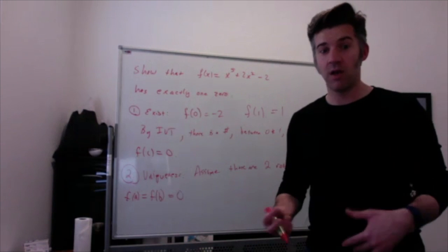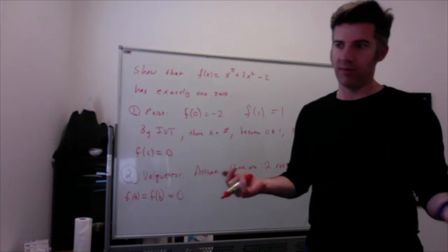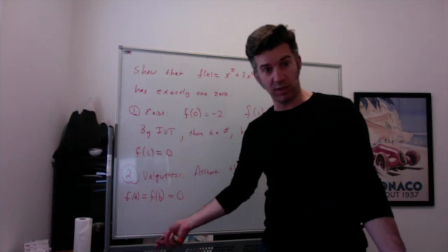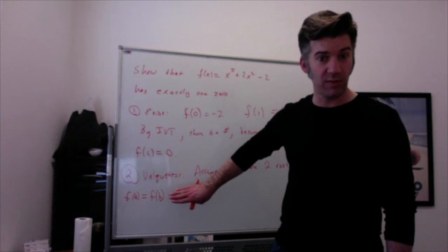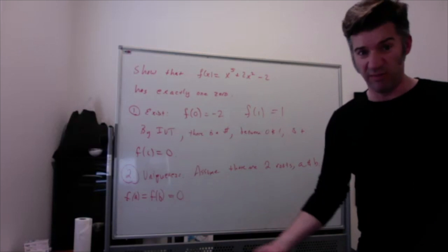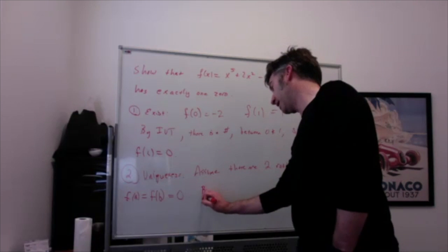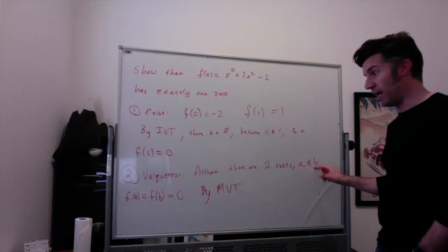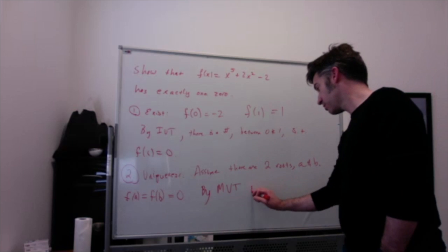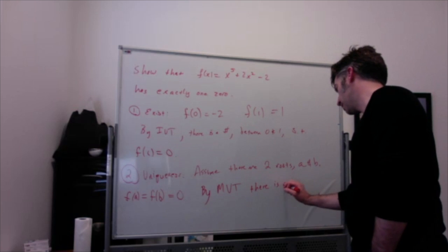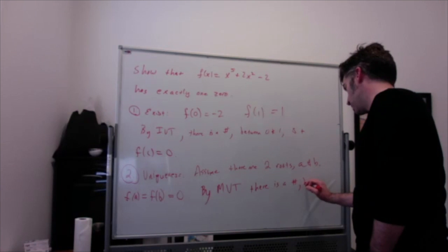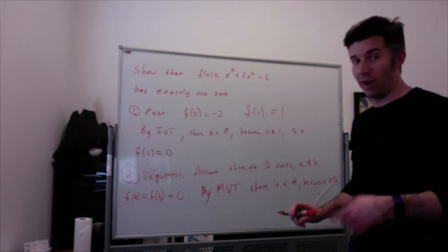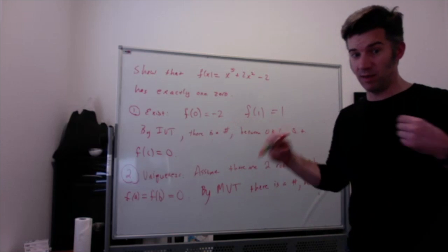And then Rolle's theorem, or the mean value theorem, really. Again, Rolle's theorem is just this particular case of the mean value theorem where f of A and f of B are equal to each other. They don't have to be equal to 0, but they do have to be equal to each other for Rolle's theorem. But I'm just going to say the mean value theorem. So by the mean value theorem, between A and B, there is a number between A and B where the derivative is equal to the slope between the endpoints,